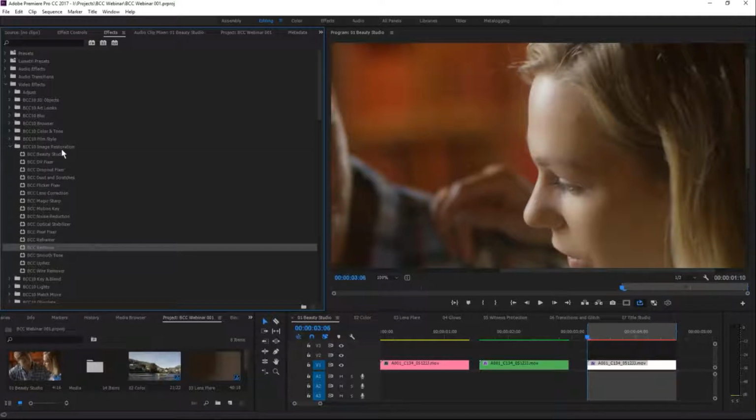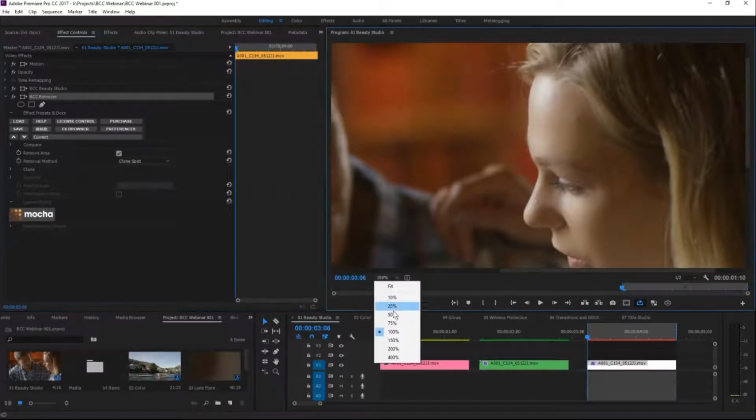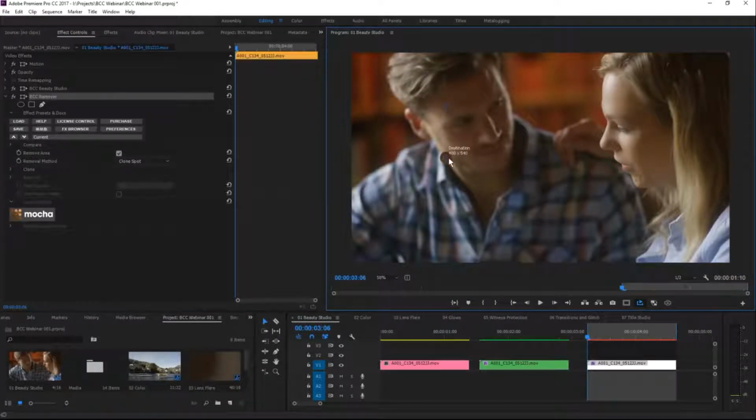It's the BCC remover. It's under image restoration, and we've got a remover here. And the remover is often used for removing objects that are in the way. It's a bit of a clone tool. So let's just zoom this back out one second. We've got a source spot and a destination spot. If I bring my destination over the top of the little spot over here, and I bring my source over here somewhere, around about there,